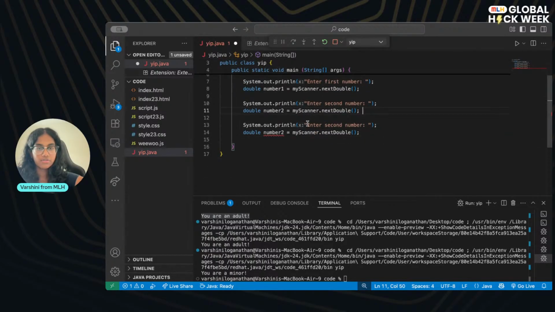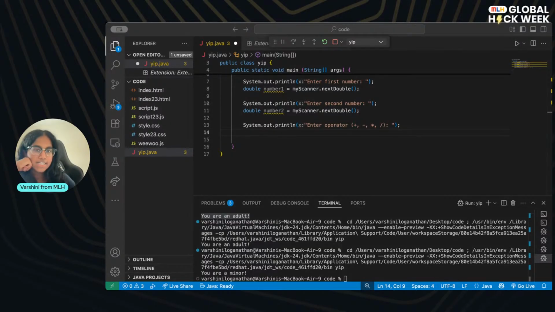So then we're going to have the user enter an operator. So what they want to do with those two numbers. So we're going to do "Enter operator," and we're going to give them some options. We're going to do plus, minus, multiplication, division. So those are the operations that they can use. And then we're going to end it with their operation, put a space, and we've got our semicolon, good to go. And here, the operator is not going to be, actually, I want to see what y'all think. What data type do you think the operator should be?